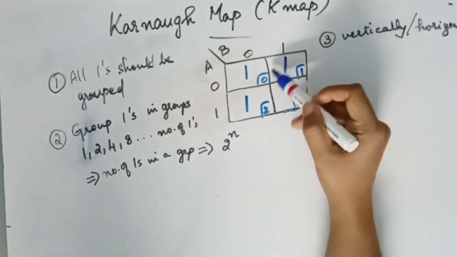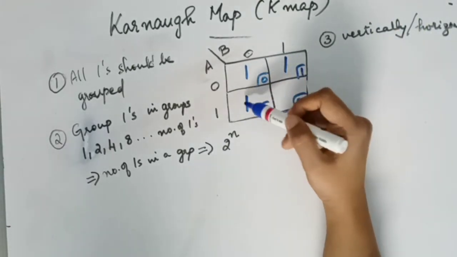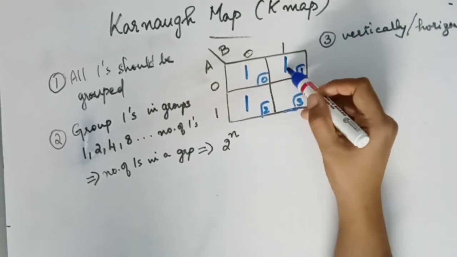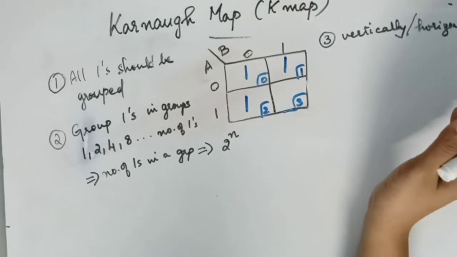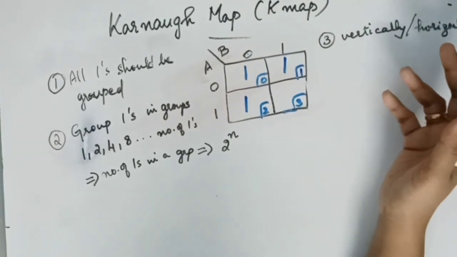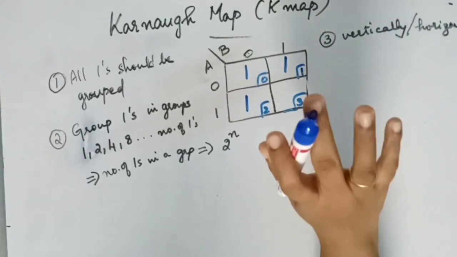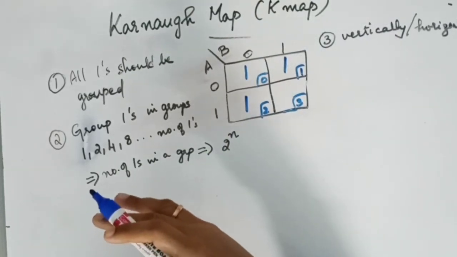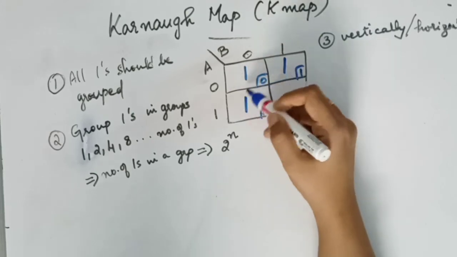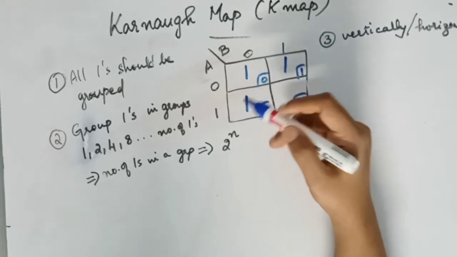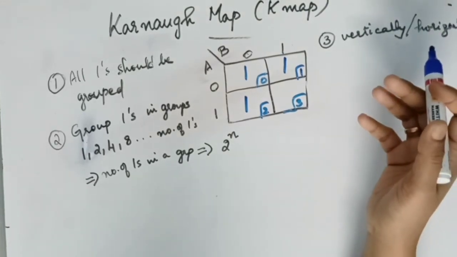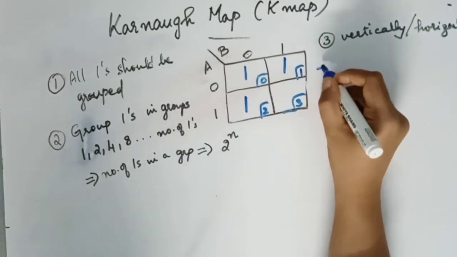So if you group it singly as single ones, then here you will have 1, 2 and 3 terms. So that is equivalent to my first question. So again you can simplify it. So there is no meaning in grouping it singly when you can group it in groups of more than one once. So the next rule is